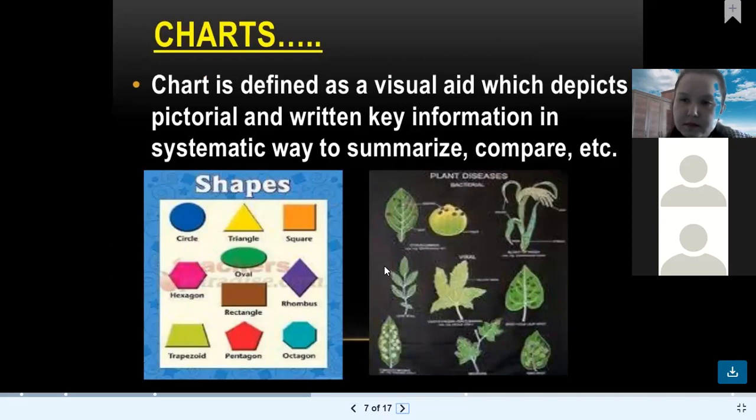Charts. I don't know. Maybe it is some kind of figures, which can help to describe some kind of information. For example,